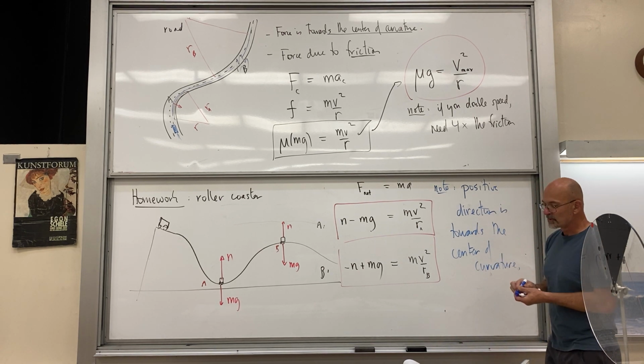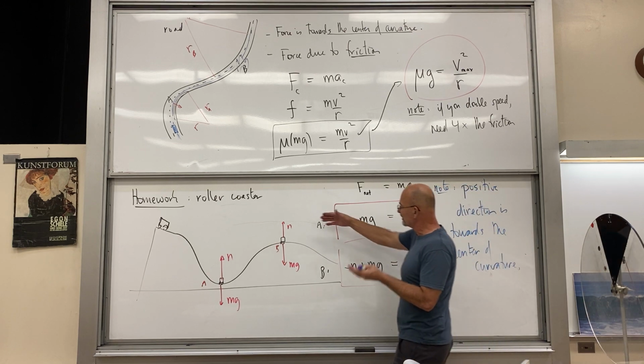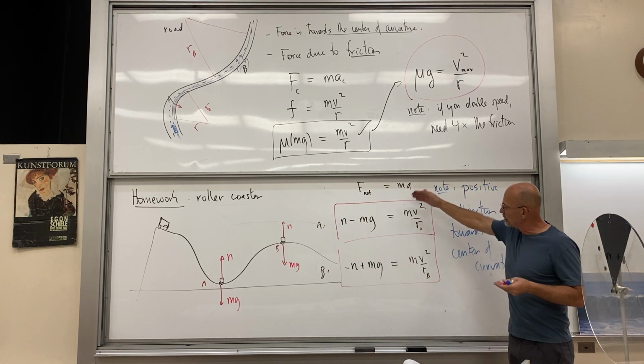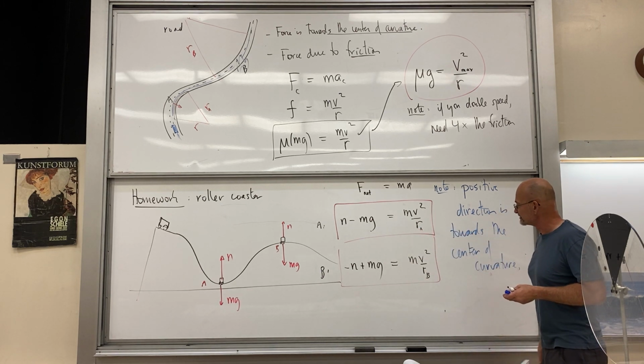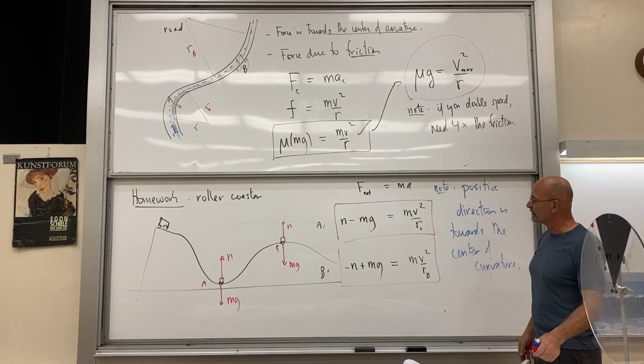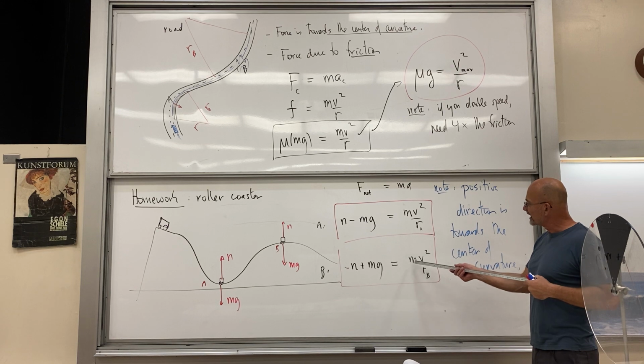So yeah, then you have your recipe. You figure out where's the positive direction, Newton's law, boom, boom, boom, and then you can solve for n unknown in each of these. What's really interesting about the second one is that